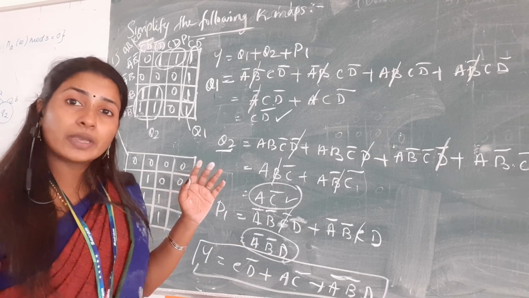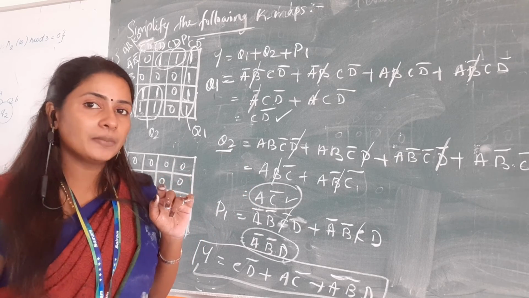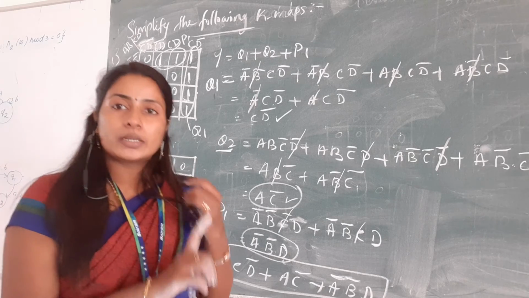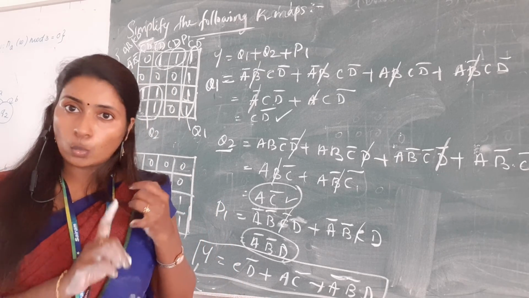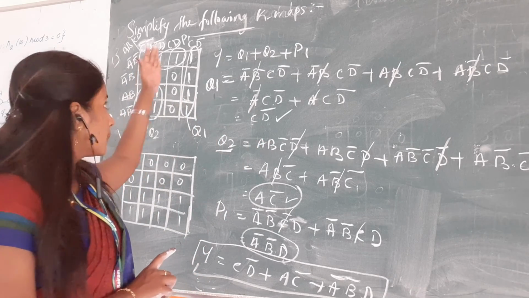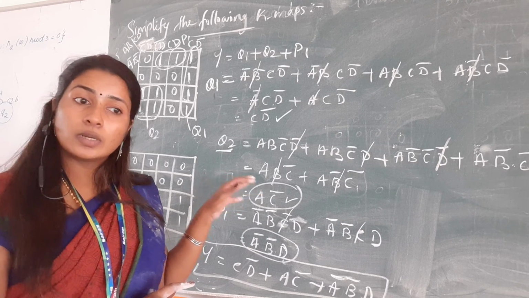Next, if I solve an octet in a 4 variable K-map, what will be my answer? 1 variable result. So if I solve an octet in a 4 variable K-map, I will get a 1 variable result. Quad, 2 variable result. Pair, 3 variable result. So from this you will come to know whether you are getting the correct answer or